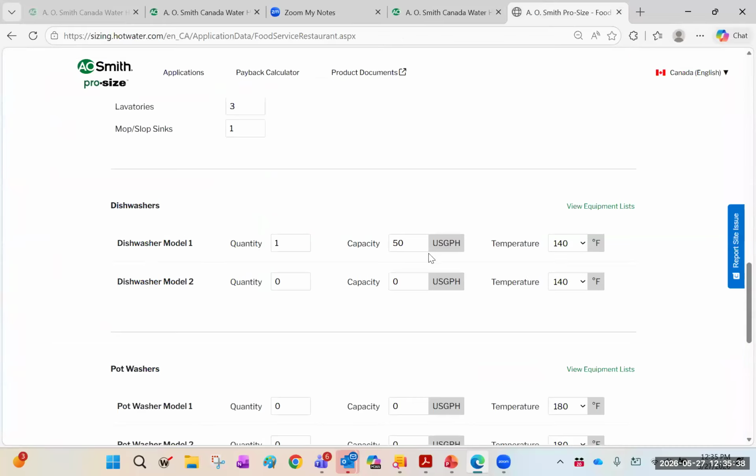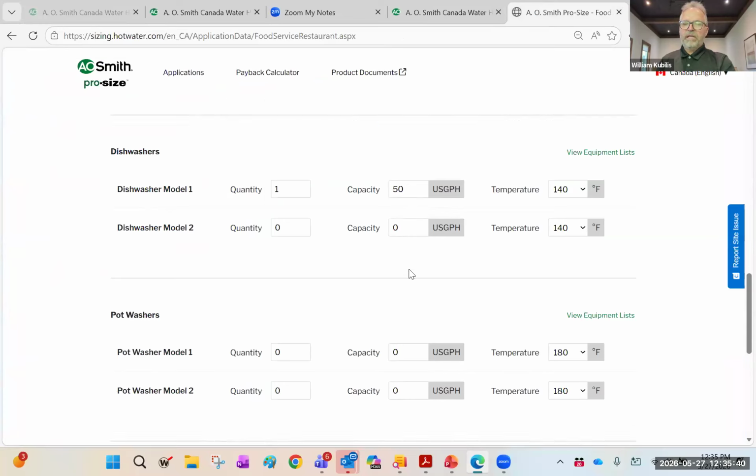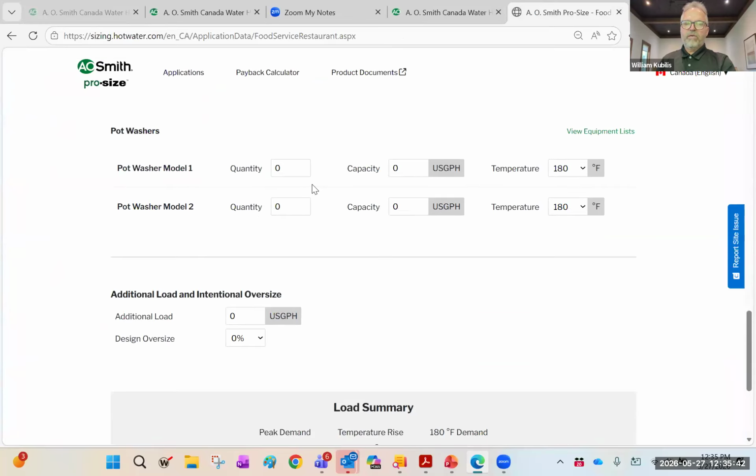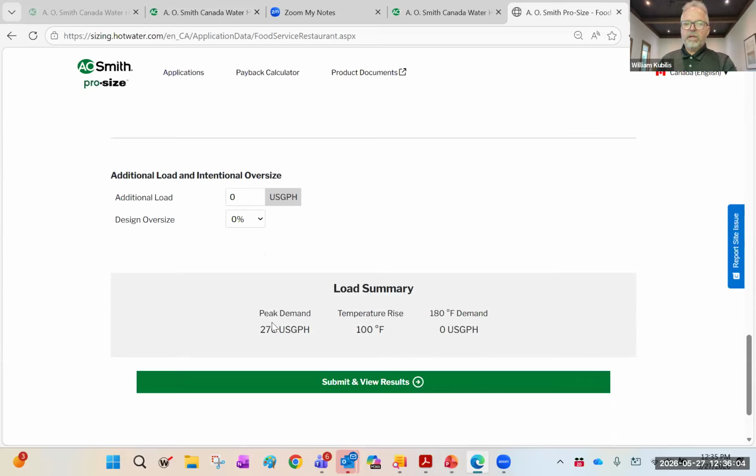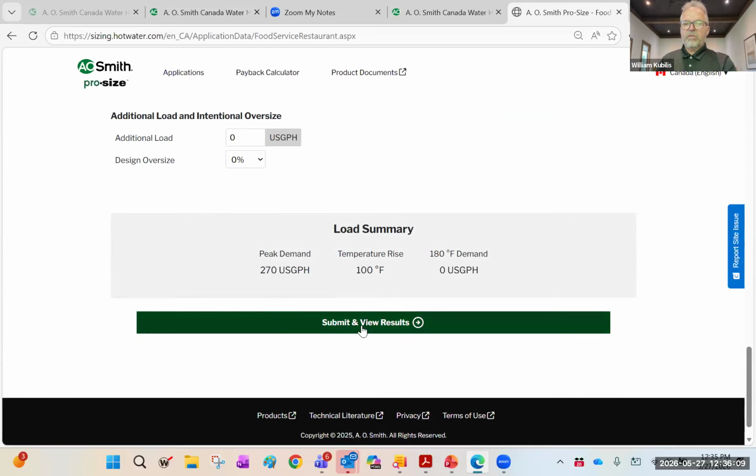So I put in my 50 gallons per hour for my dishwasher. For sinks, I can add additional load. For example, I know a lot of restaurants, there'll be a hot water hose to go wash the back area of where the loading dock is or something like that. So you might want to add that in there. But you can see here it came up with a peak demand of 270 US gallons per hour. I hit submit,